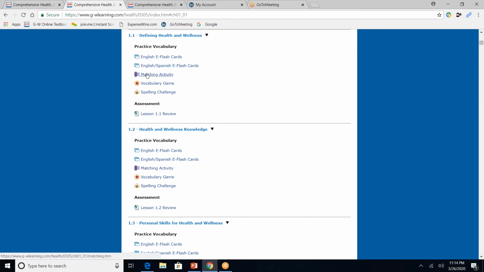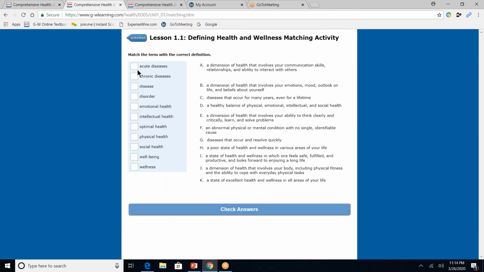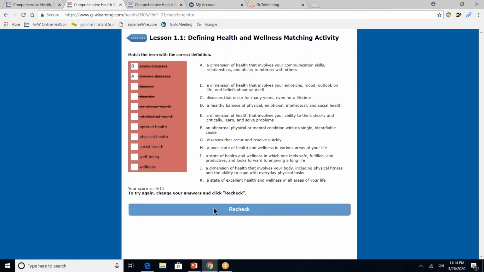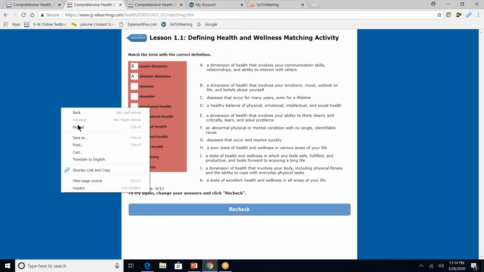I'll just highlight one more. The matching activity. Whether I get them right or wrong, the program is going to prompt me to keep trying. So this was not intended to be an assessment for students, but rather for just practice. If you wanted to count it as assessment, once again, just ask students to right-click in the space off to the side. They can save it as a PDF. They can also click the print option and then change the destination to save to Google Drive or save as a PDF.